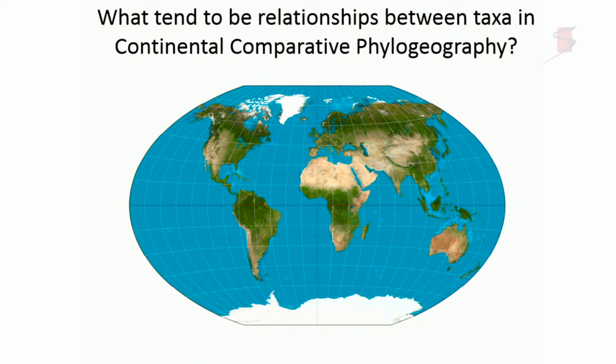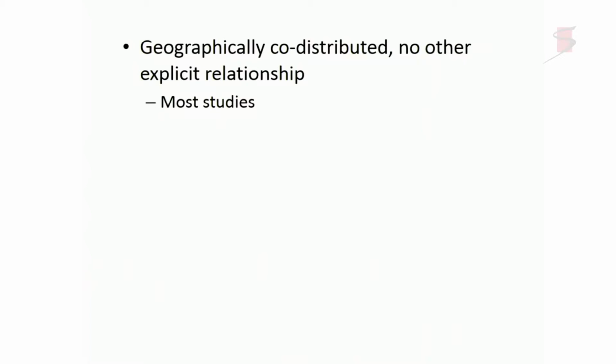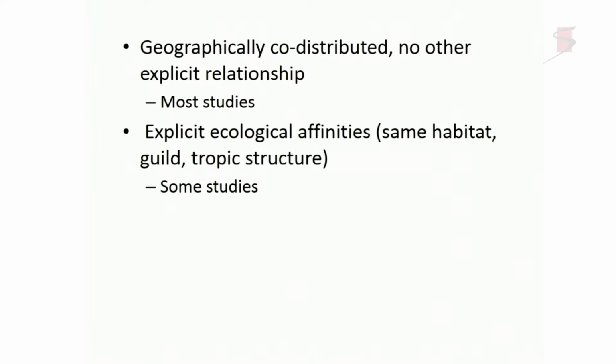Okay, so just very quickly, relationships between taxa, as John said, there are different ways to kind of look at the word comparative. And if you just look at it from a sort of taxonomic point of view or a geographic taxonomic point of view, most studies obviously are just simply geographically co-distributed taxa, okay, without any obvious ecological or biological relationships between them. A number of studies do have some explicit ecological affinities. They might be part of a trophic guild. They might be occupying a similar habitat. But these are a little bit more sophisticated, asking a little bit different kind of a question than simply being